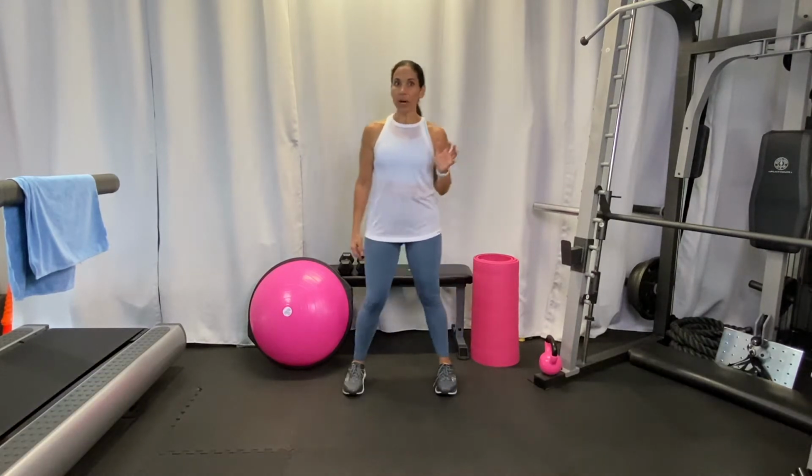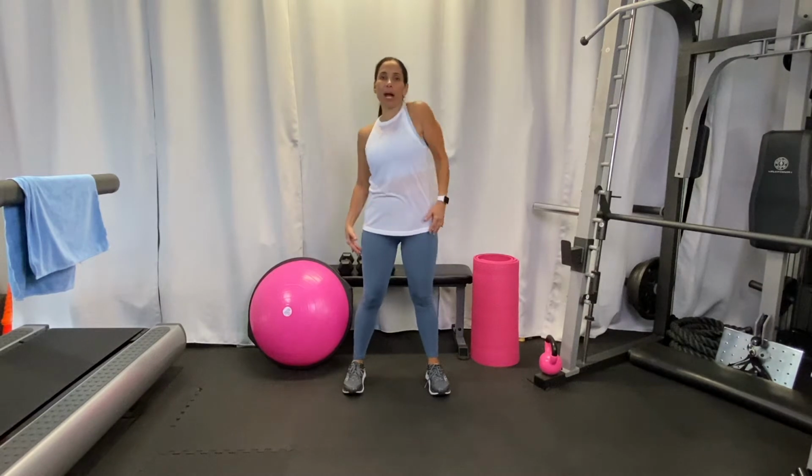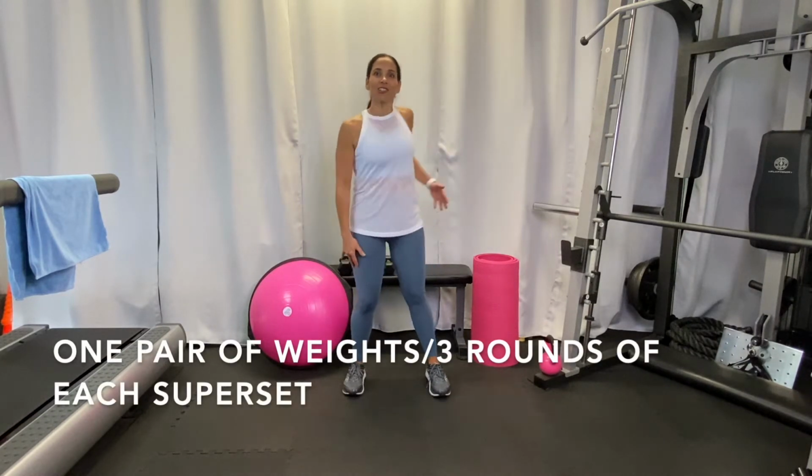So let's get started right away, kind of just warming up our upper body, kind of just rotating our shoulders,